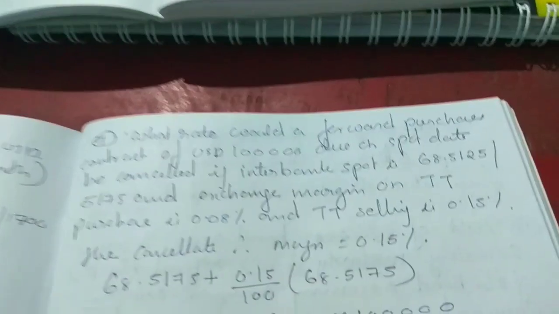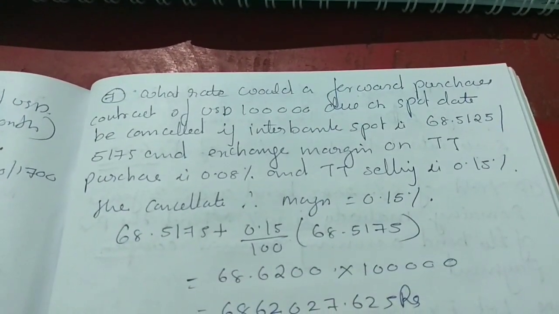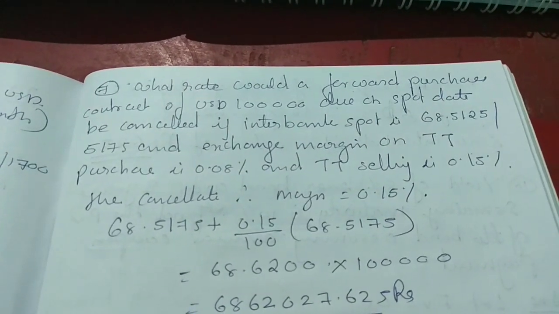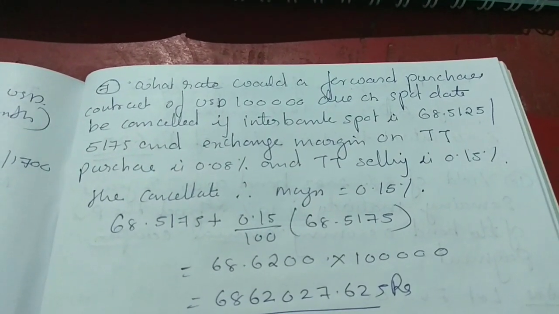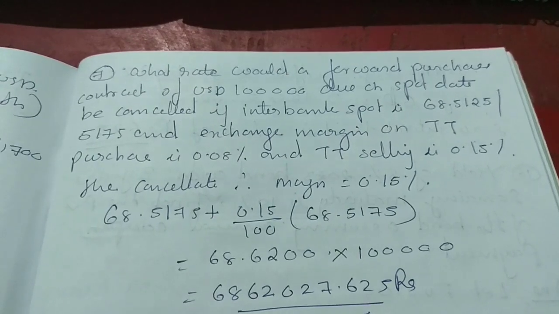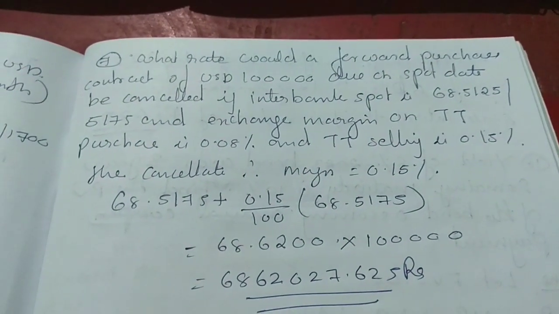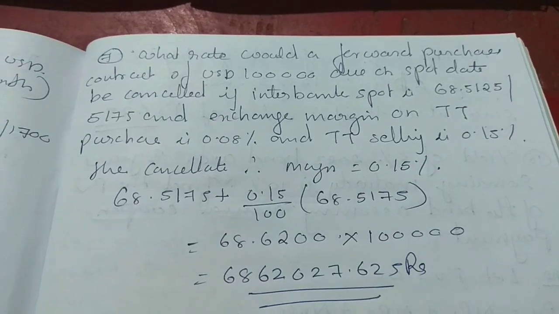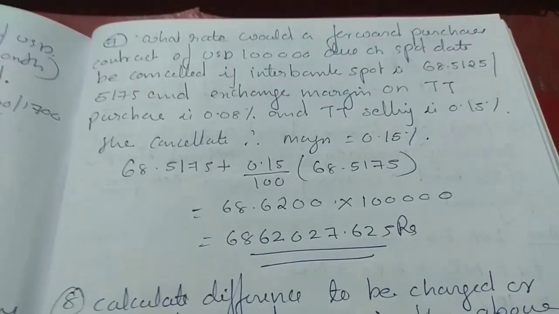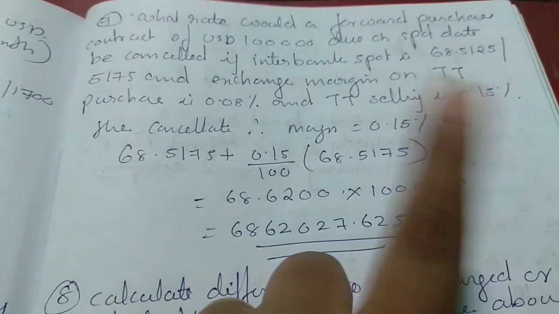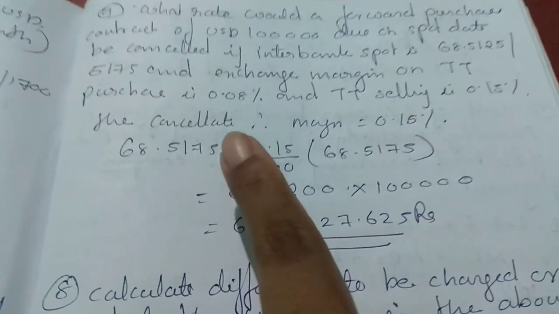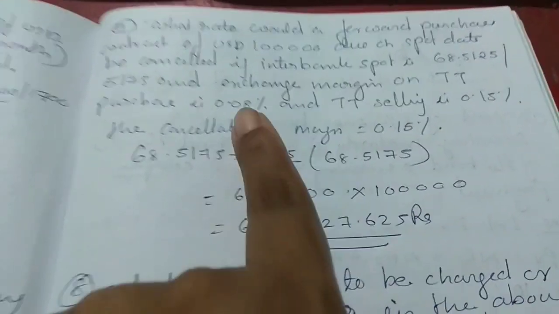Next question. What rate would a forward purchase contract of USD 1 lakh due on spot date be cancelled if the Interbank spot is 68.5125/5175, and exchange margin on TT purchase is 0.08% and TT selling is 0.15%? Here the exchange margin for buy and sell is given separately, and